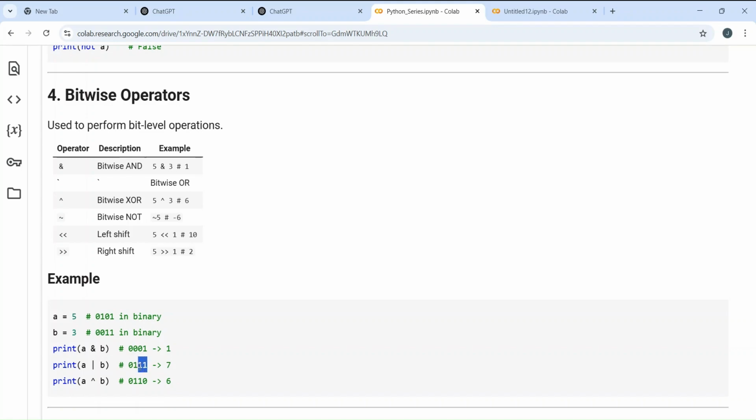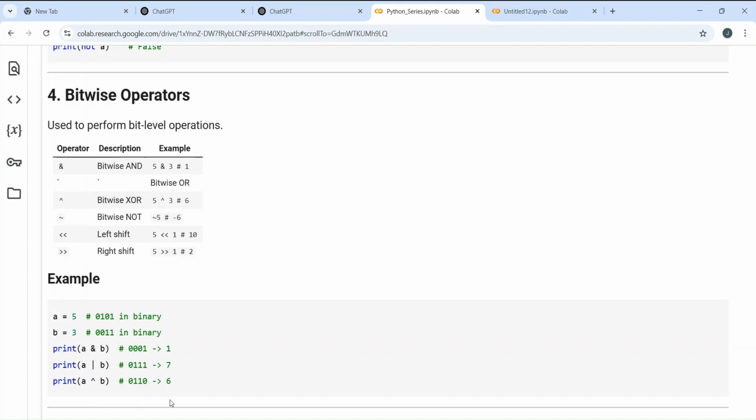So yeah, we are getting 1 and 1, right? Next, 1 and 0, one of them is true, so we will write it as 1. Next, both of them are false here, that means zeros, so we will obviously get 0 here. So we got the answer as 0111. If you convert it into normal decimal format, that is going to give you 7 as the answer.